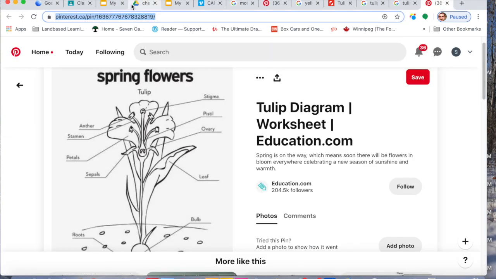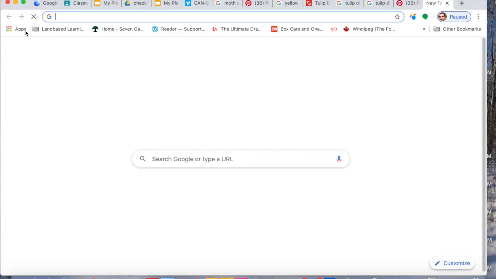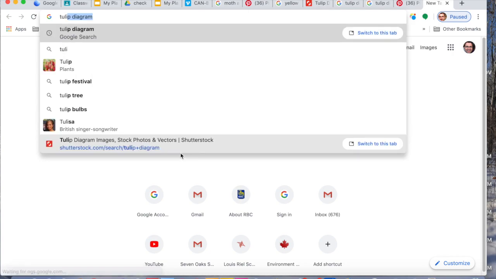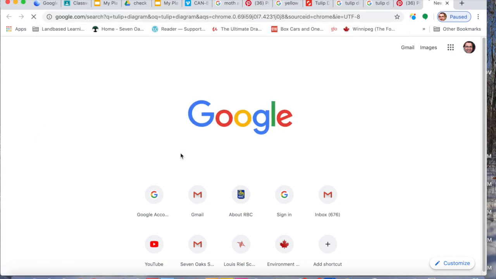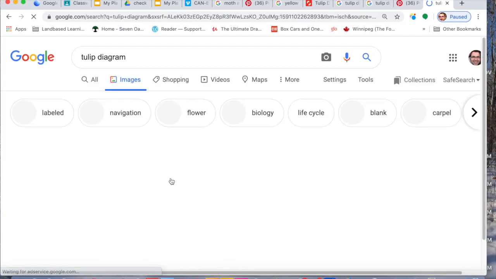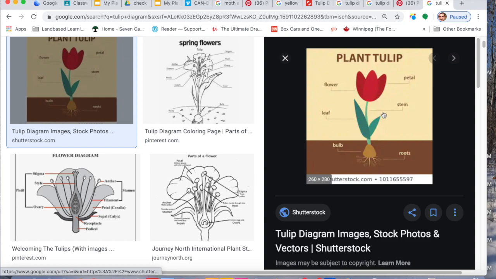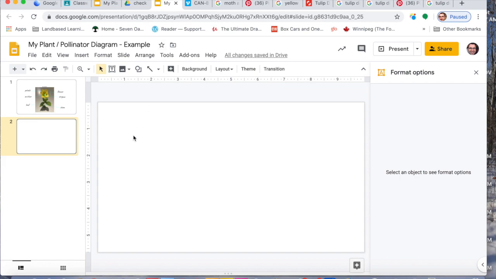Okay, I want to be able to get 2 of these, so let me just actually go back to my research, and I have to do the tulip diagram again. When I find the second diagram of it, looks like this one will be able to help me as well. I'm going to take a screenshot of that and also leave that open on a separate tab. Okay, so now I have both of them saved into my computer and I have the 2 tabs open right here. So I'm going to go back to my plant and pollinator diagram and what I need to do is